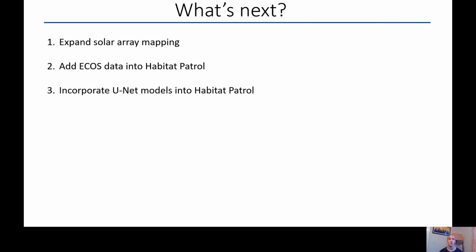So yeah, our next steps for all this work having to do with computer vision and satellite imagery is we're first going to expand our solar analysis. We are running that model back through time in North Carolina so that we can, in conjunction with collaborators at George Washington University, model and predict what factors guide the development of solar